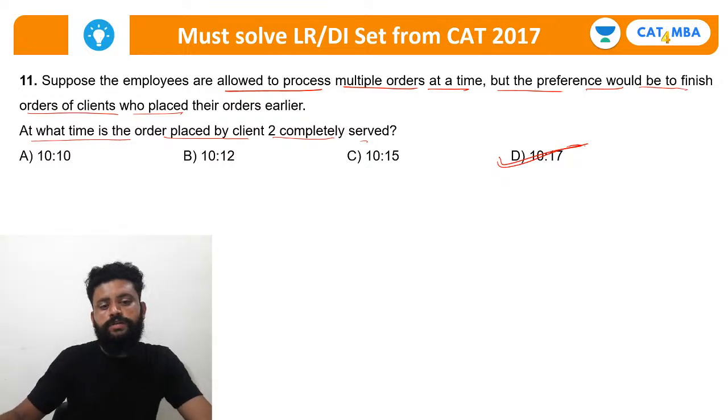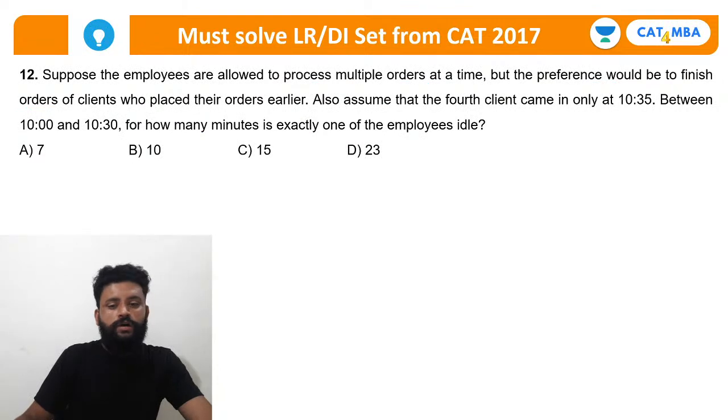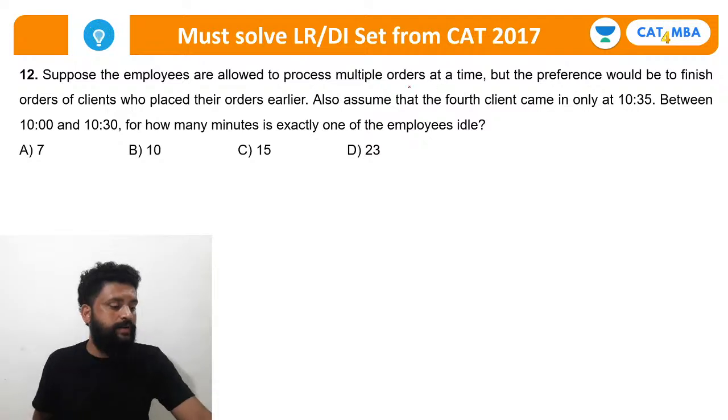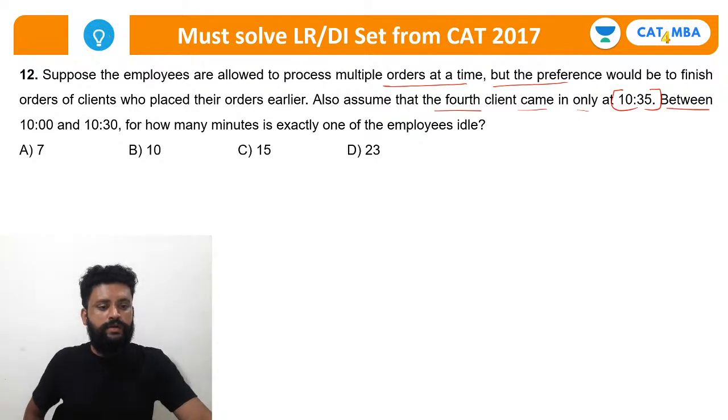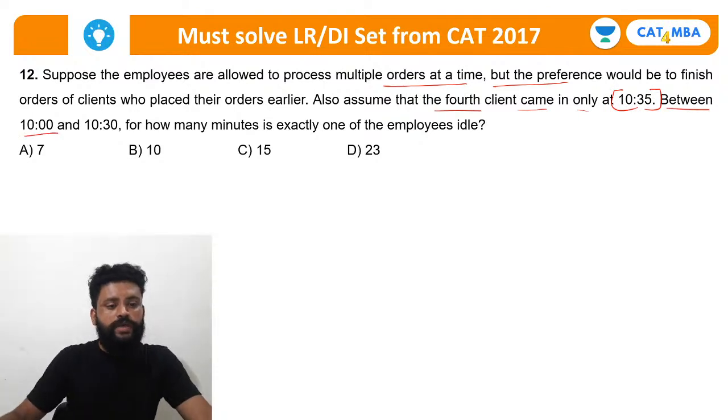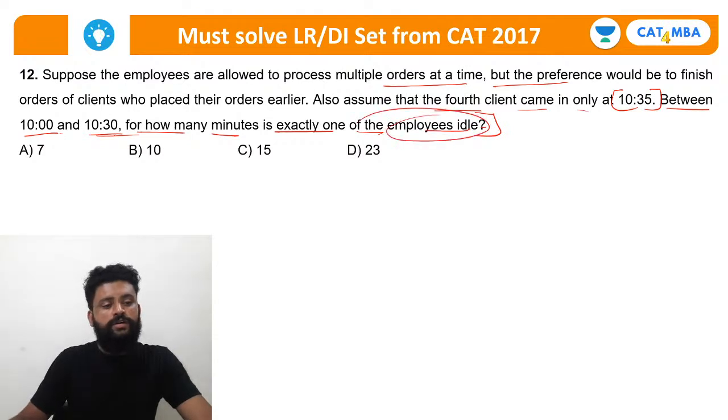So we have done with the 3 questions. We have one more question, one last one, bit different. Okay, suppose the employees are allowed to process multiple orders at a time, but the preference is to finish the orders of clients who placed their order earlier. Also assume that the fourth client came only at 10:35. तो हमें पता है between 10:35, so 10 to 10:30, for how many minutes exactly one employee is working, मतलब दोनों खाली है वो नहीं चाहिए।